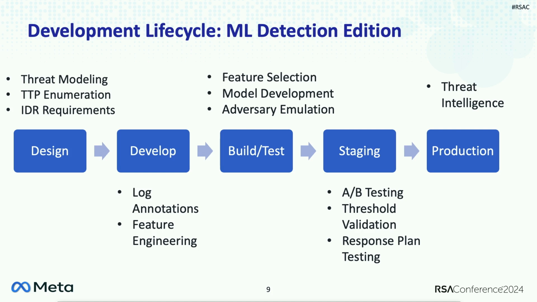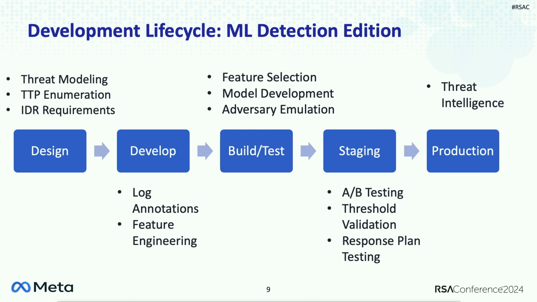And so if that is a requirement in your case, it's important to understand that early on, specifically because when you get to the build and test phase, the model architectures that you can use are limited as a result. So for example, only certain model architectures will give you feature importances. And if that's something you need to surface, know that early on.